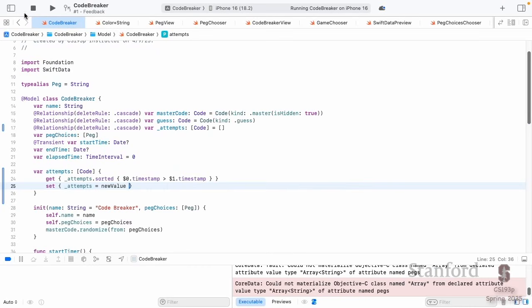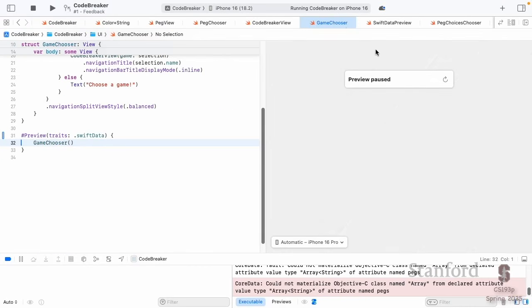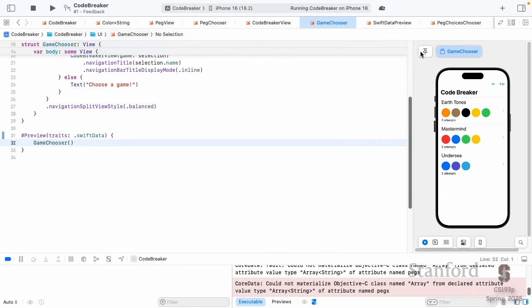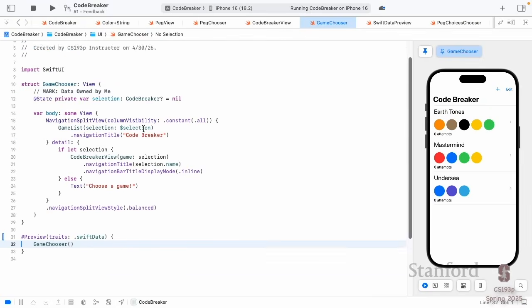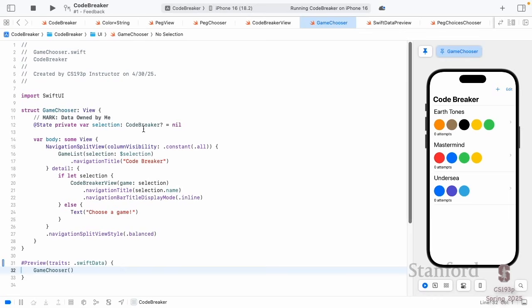I'm going to go back to something like Game Chooser over here. Take a look at this. Maybe we'll even pin this thing right here. I have a database now. It's storing my games. Fantastic. I have persistence. Now let's take advantage of being persistent in a SQL database, in a searchable, sortable database, to